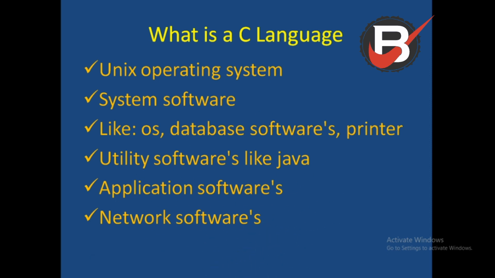When C came, we got hardware parts like the mouse and keyboard. All those hardware parts were made, because whenever C was invented, code was written for the mouse. The mouse is hardware, and only when it has software will it work. So this software is mostly done in C language.